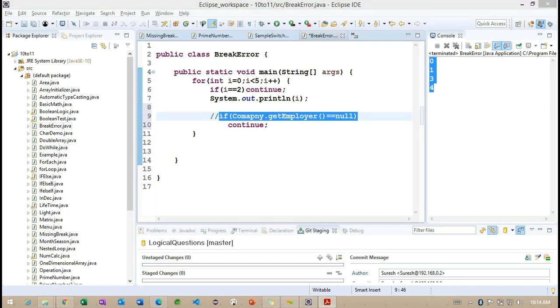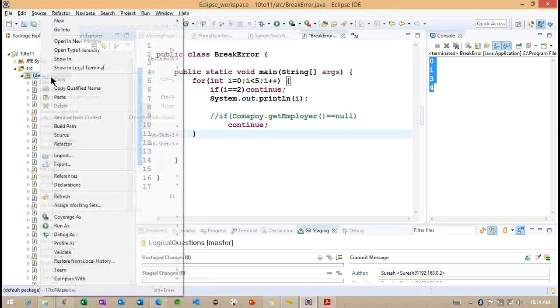And one more example I want to check here: goto statements. The goto statement is also a very important statement we are working with. Getting the point? This goto statement is going to work whenever we have nested loops. Whenever we have nested loops, if we want to break the outer loop, what can we do? We want to break the outer loop here. So simple, now you can understand.